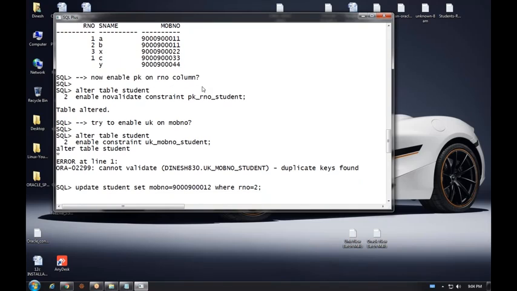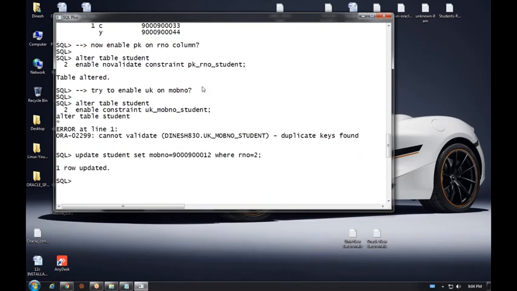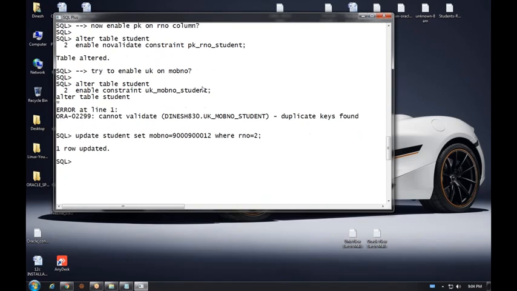Updated. Okay. Now all values are different. Mobile number values are different. Now try to enable